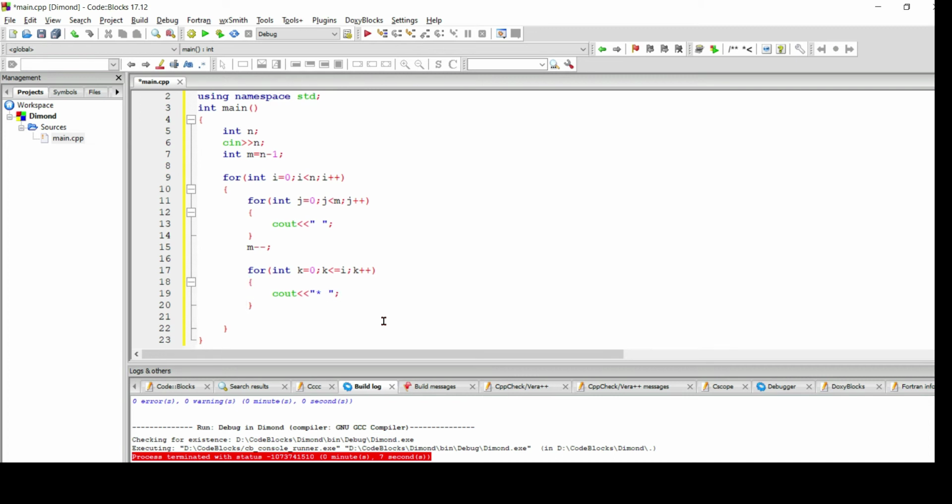Now we have completed our first pyramid triangle, but since we are going row-wise, we have to end our row, and for that I will write one more statement, that is the ending of the line. I have written basically endl for that. Now our first pyramid has completed. I will comment for that: first phase, first shape.